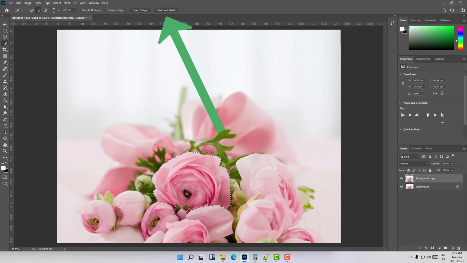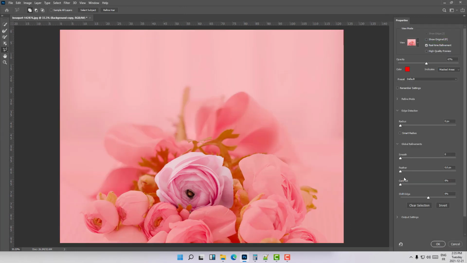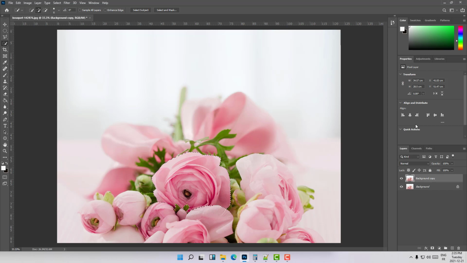You can also adjust your selection by clicking on Select and Mask, if you want to make the selection smoother, or extend or shrink the selection using the shift edge. Okay, after my zone is selected,